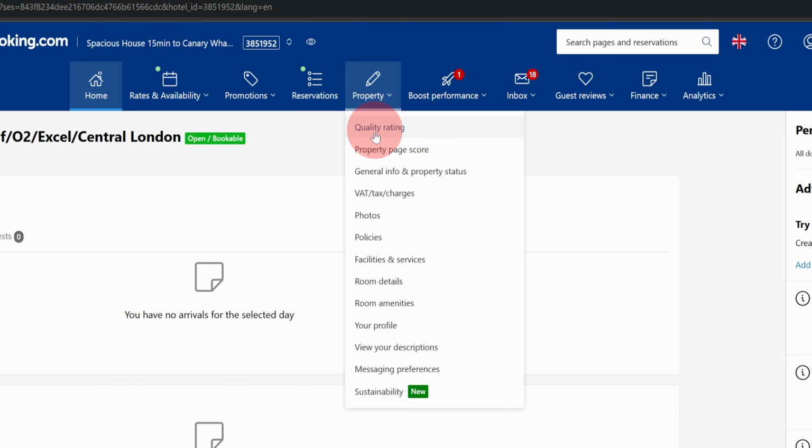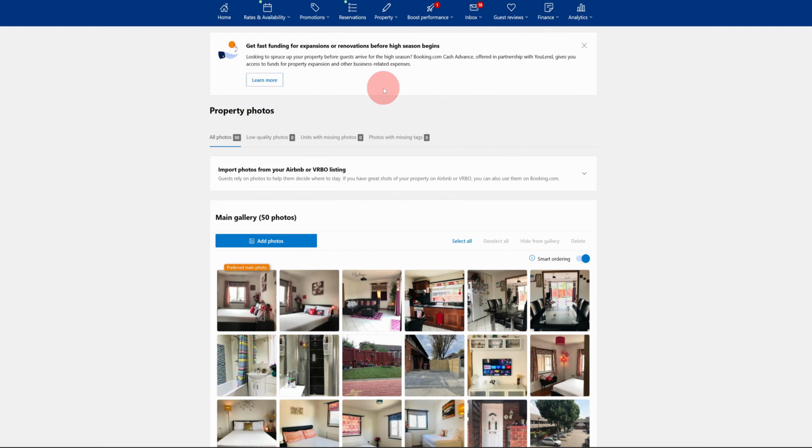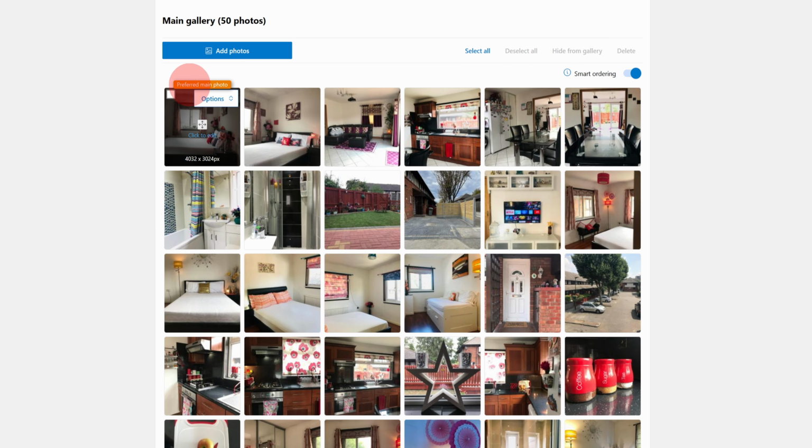you will just go into the property icon here at the top and then choose the photos option. That will open up your photo gallery, and in here you will see this is my preferred main photo at the moment. You will see this preferred icon, and if you want to change this to something else, let's say